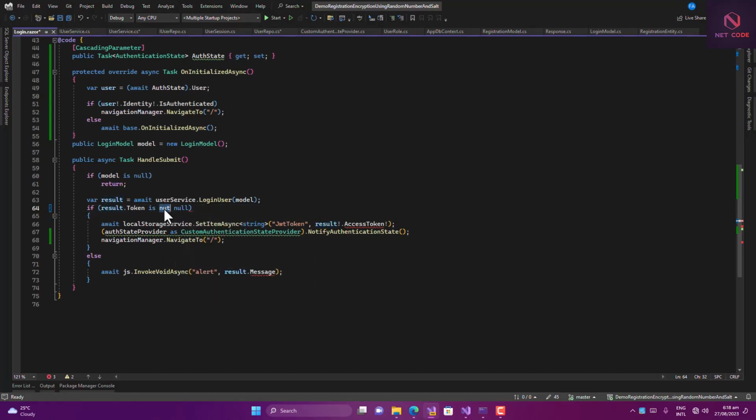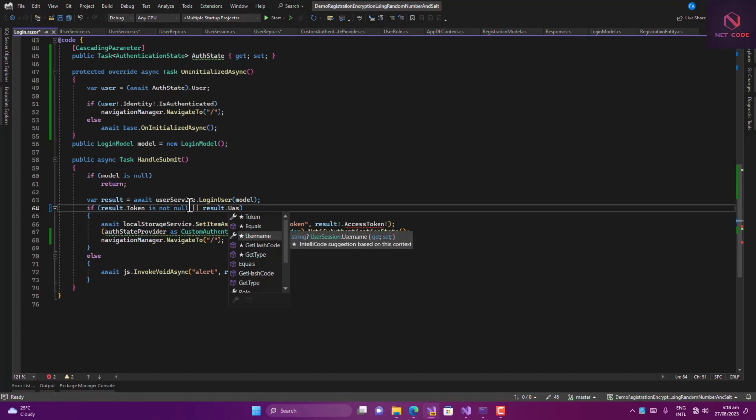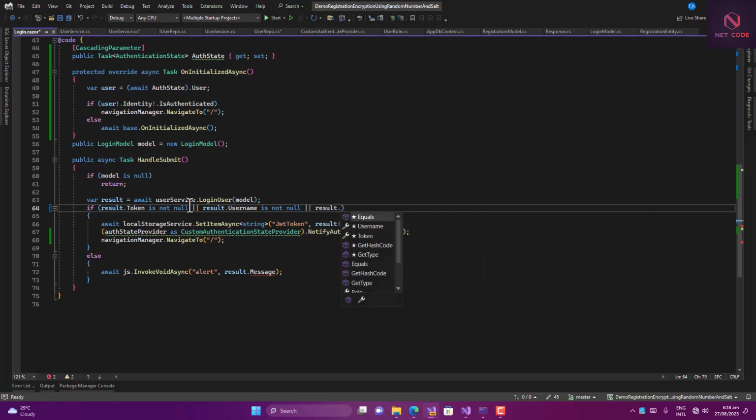So we are now making a check to see if the token is not null, or we can just make a check with all. But for now, let's try that. So we can pass it all. Now you can have results dot username. So if this result dot username is not null, or if this result dot row